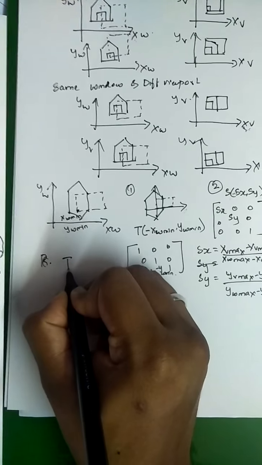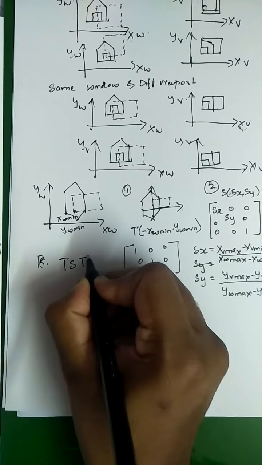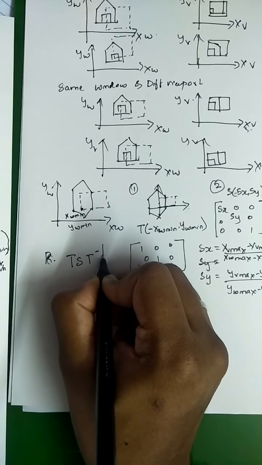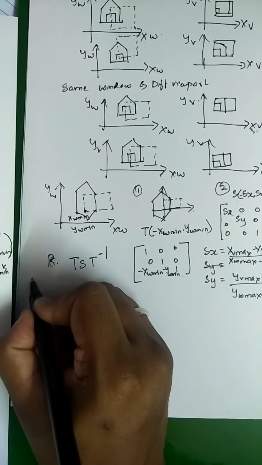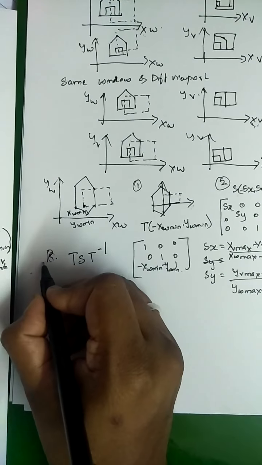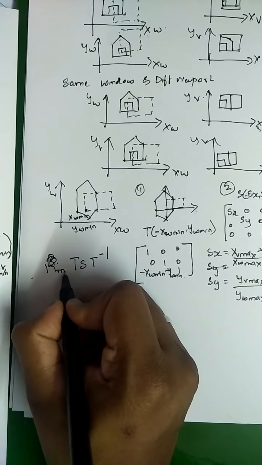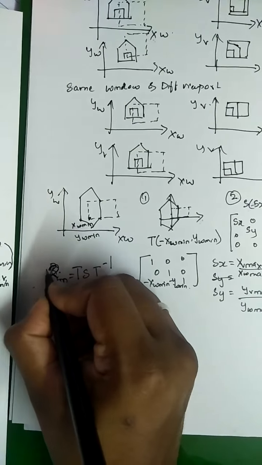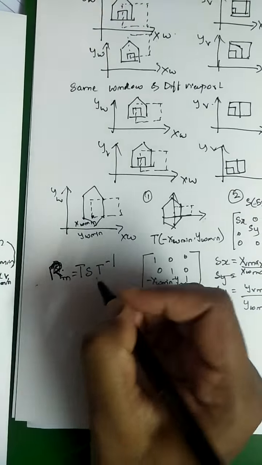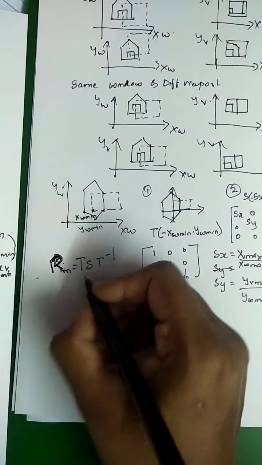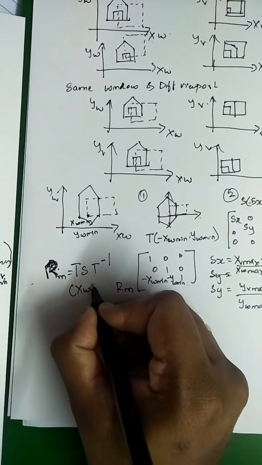First is translation, then scaling and then reverse translation. So I'll call this RM, just an indication, RM. I'll be multiplying this RM with the old coordinates